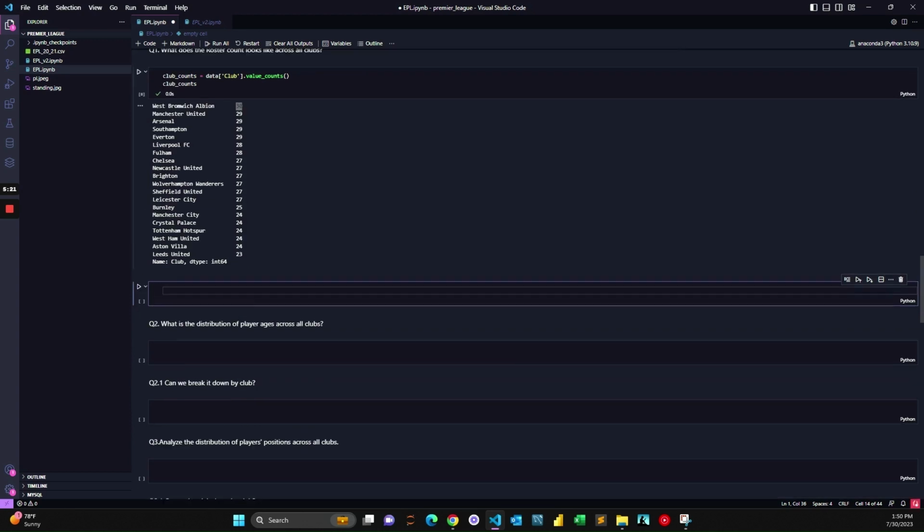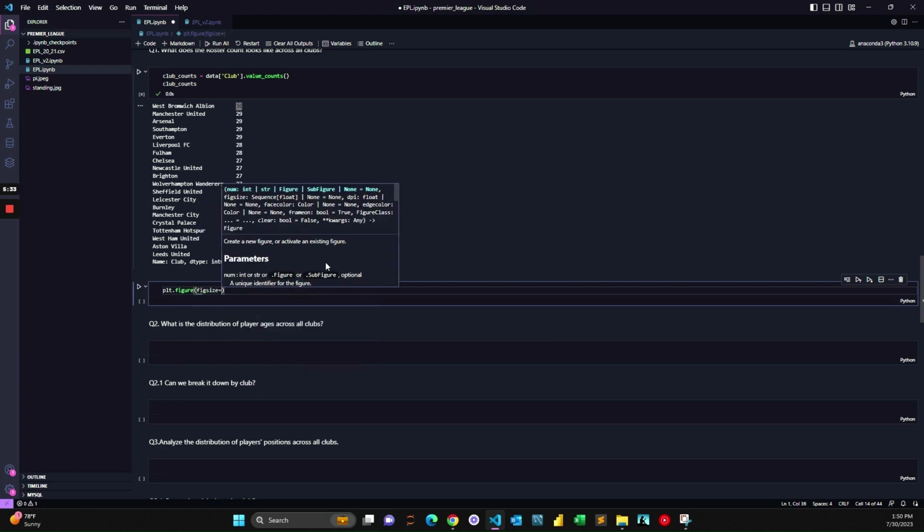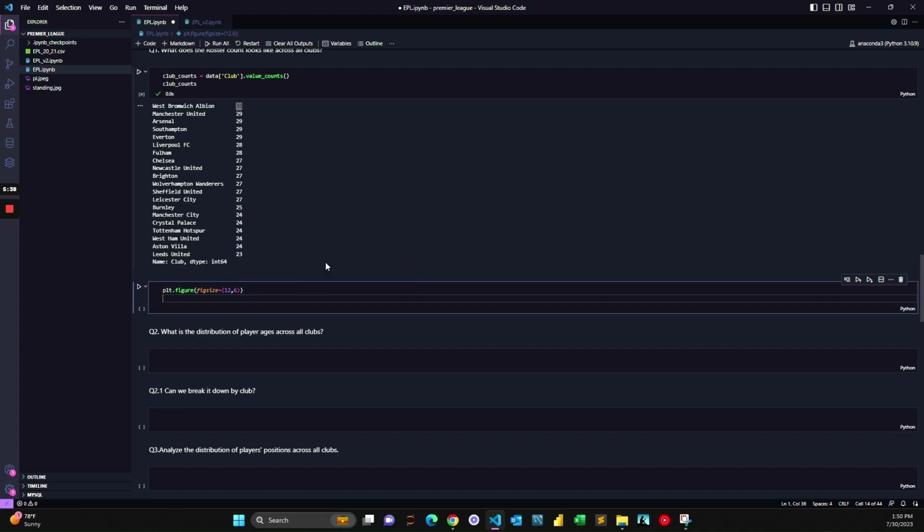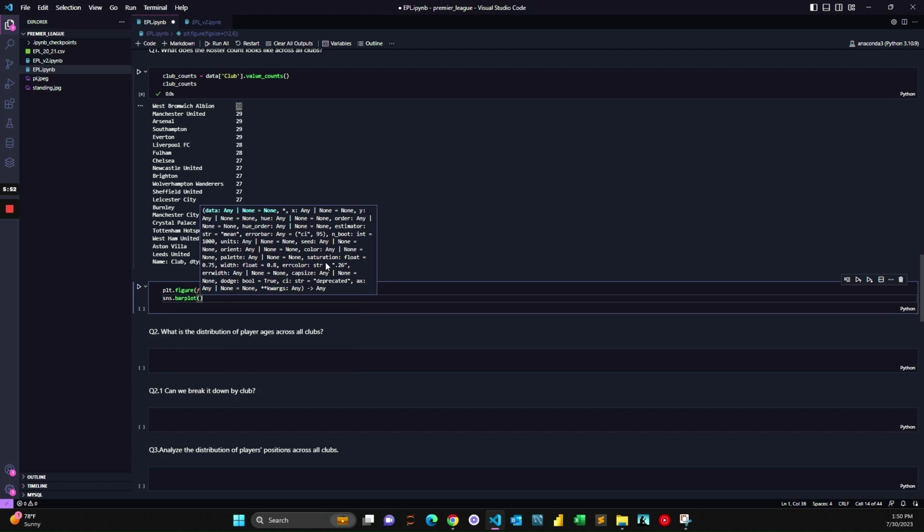So now I'm gonna quickly plot this, and what I need to do is, first of all, I'm gonna set the size of the figure of the visualization. So I'm gonna do plt.figure, the figsize, so maybe 12 by 6, and then next I'm gonna add a bar plot to show the distribution. So I'm gonna use seaborn as of now, sns.barplot. So the bar plot takes the data frame, the x value and the y value as the required